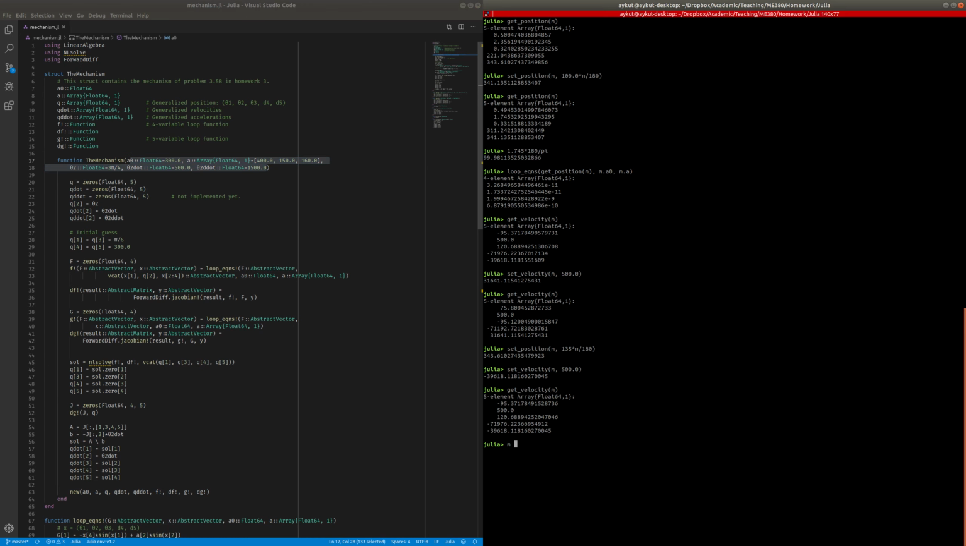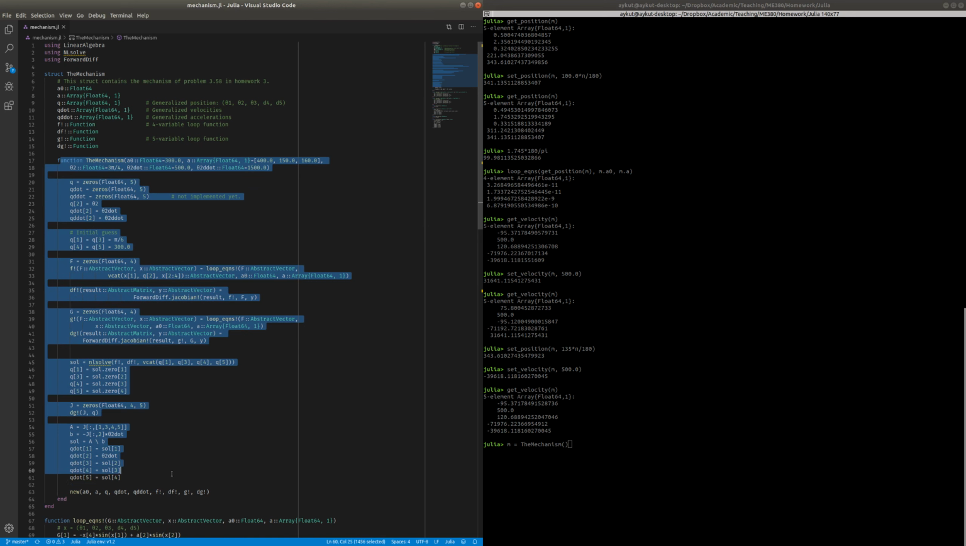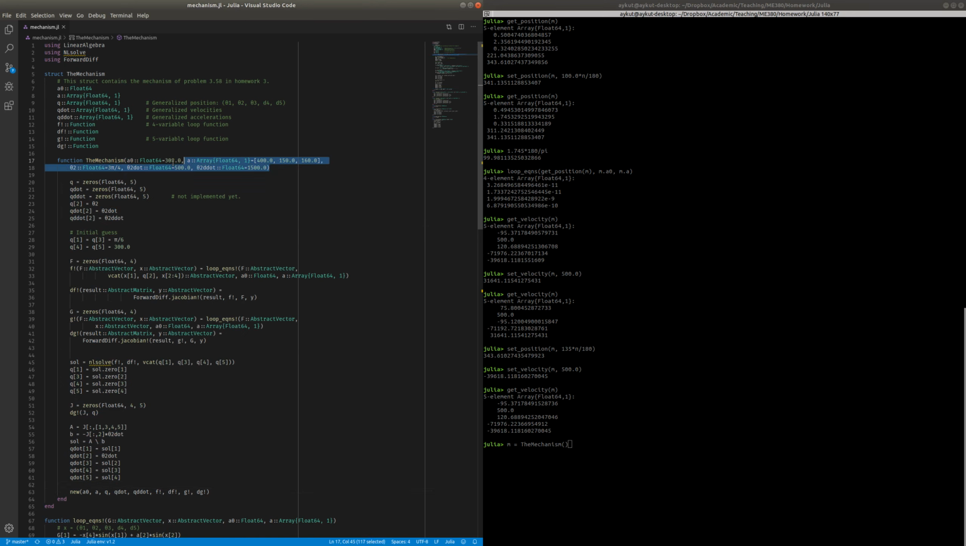So when I call it over here, m equals the mechanism with no arguments, what the program did is it went through this function, but called this function with these default values that I've set here. Those are the values that were given in the original problem statement, so I made them default values. But if I wanted to create this mechanism with different link lengths, I could say, for example, A0 is 350 instead of 300, and the other link lengths are, I don't know, 370, 160, 170, and this would define